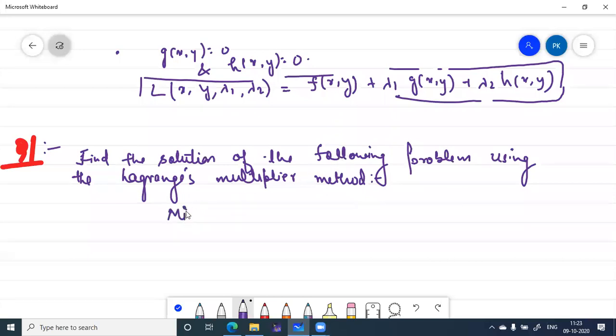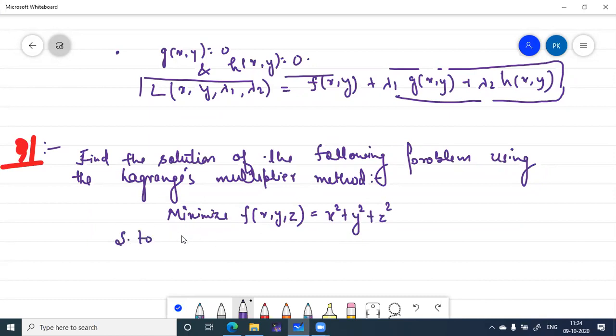Minimize f of x, y, z equals x square plus y square plus z square, subjected to the condition g of x, y, z is equal to